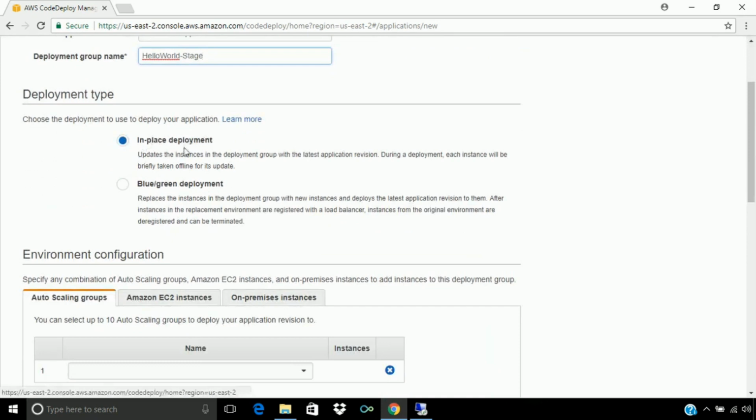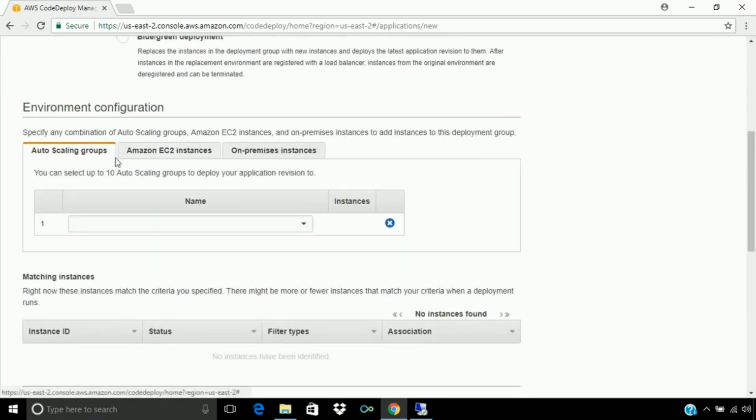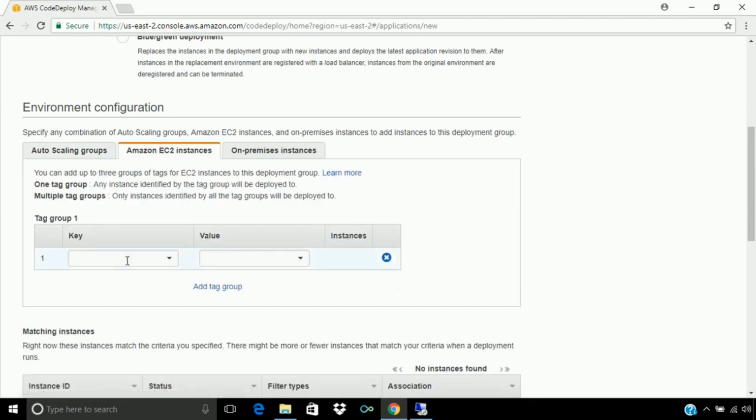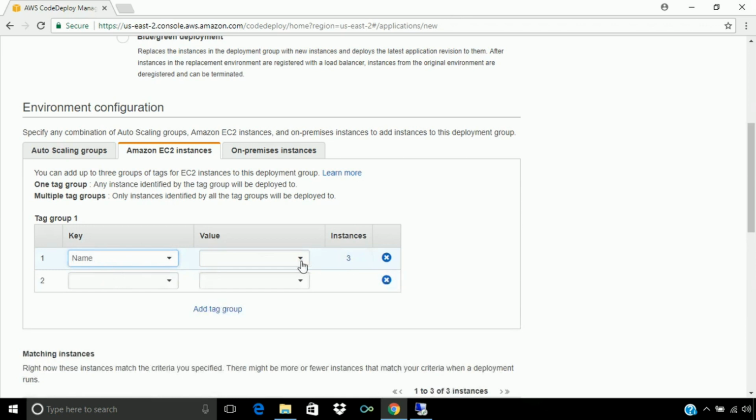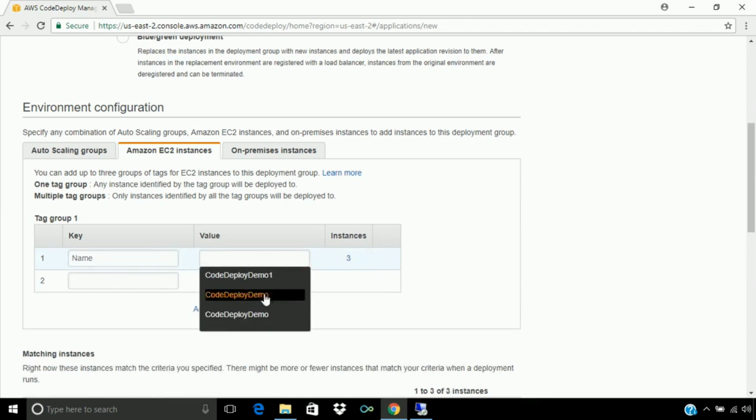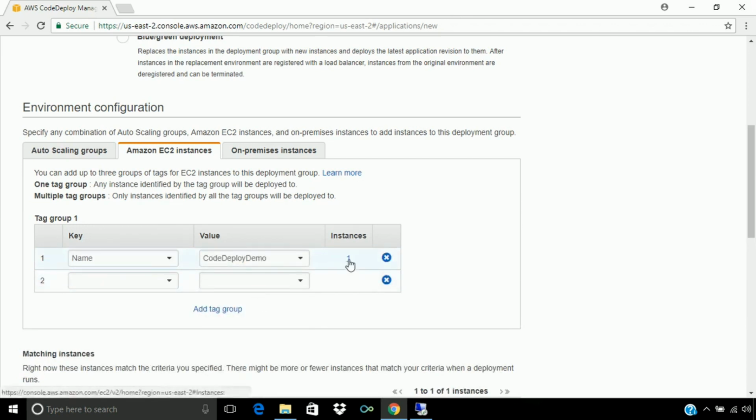First we will see the in place deployment. We are going to deploy on the Amazon EC2 instance, so let's give the key's name and value. You can see here code deploy demo. Here the matching should be 1. 1 means only one instance is matching this key value.